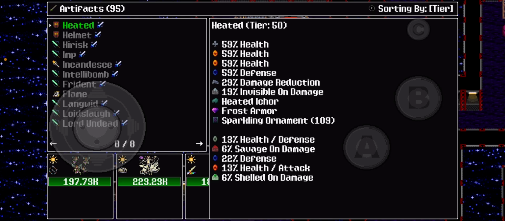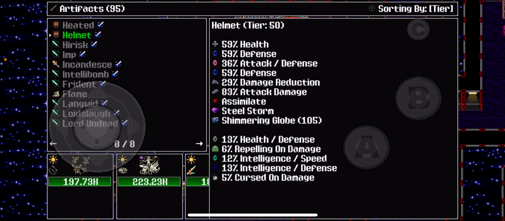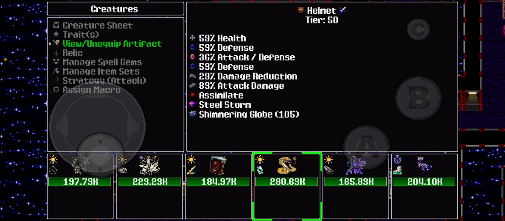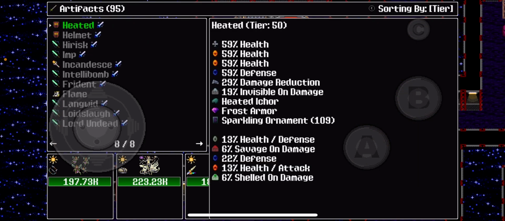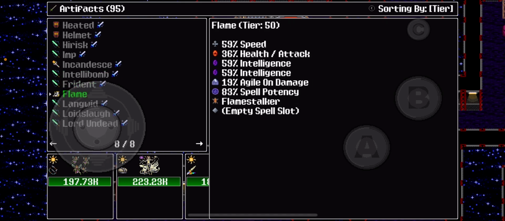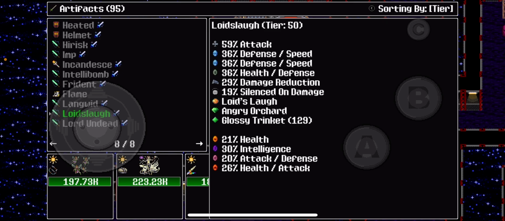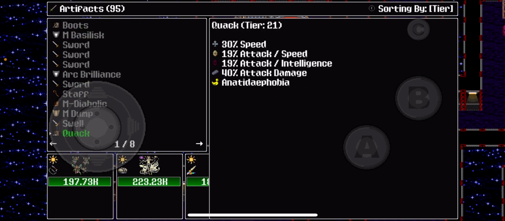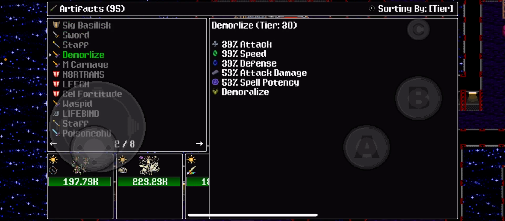Let's see. Let's see what that does. If this creature, after this creature takes damage from an attack or spell, it gains 5% stats. It's completely unrelated to things here. Let's see. Languid Limbs, Lloyd's Laugh. Oh, Sunny Disposition is actually pretty good if I still have it. So yeah, you're gonna see that